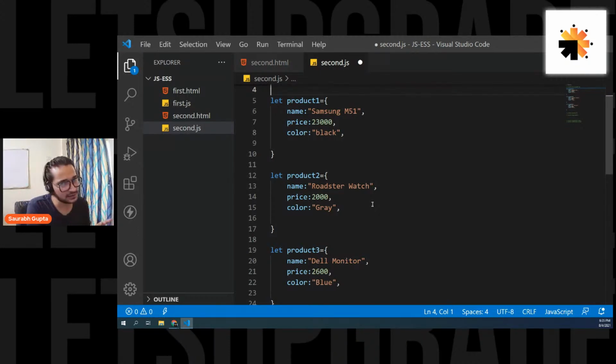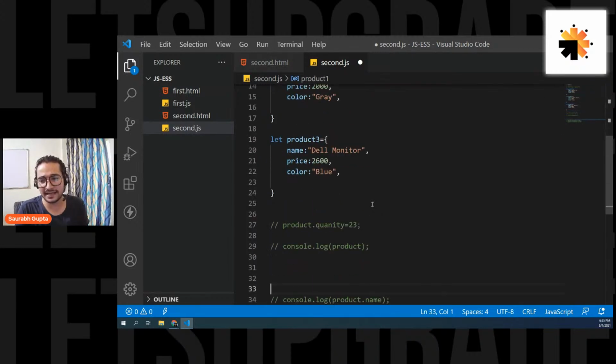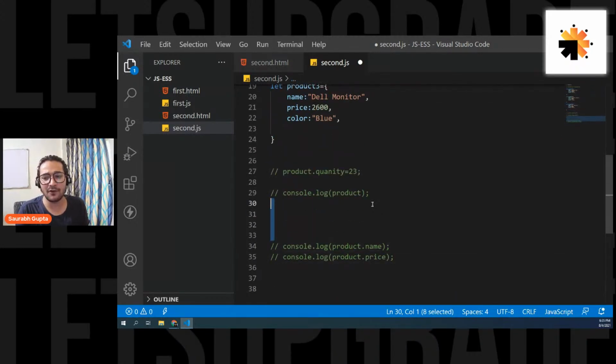If there are thousands of products, we will definitely have thousands of objects. There is no replacement for that. But I think if you have thousands of products, accessing the name of all the products will become tough, because you have to write console.log 1,000 times. Simple, right? For example, in this case, if I want to access the name of all the 3 products,